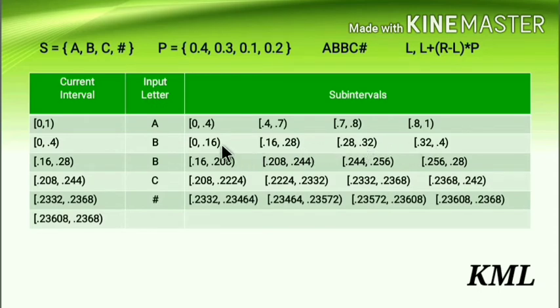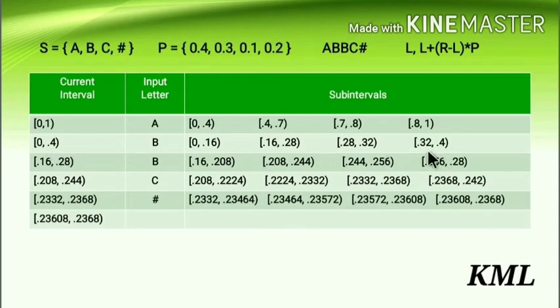Okay. So again, while finding the first subinterval, take P1, that is 0.4. While finding second, take the sum of these two. While finding third, take the sum of these three. And while finding fourth, take the sum of these four. Okay. And your L and R will be fixed throughout for all these subintervals. So this will be your L, left hand side, and this will be your R. Okay. Please don't take this as L and this as R for finding this one. Your L and R will be the current interval. Okay. So this way you have to